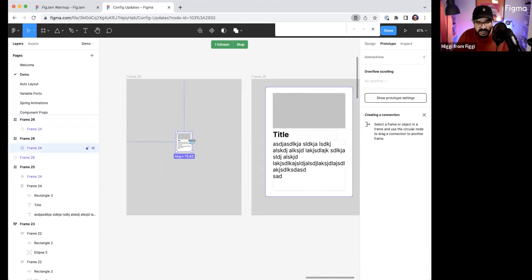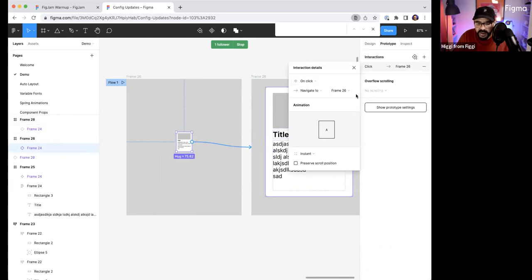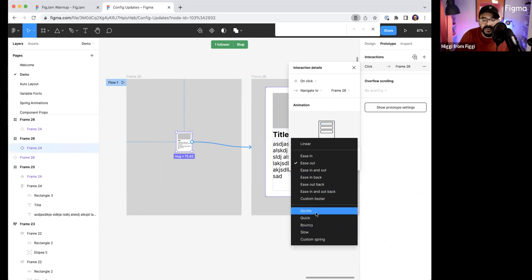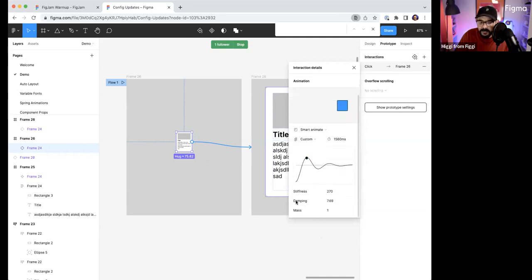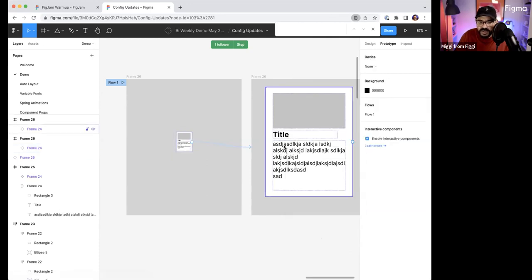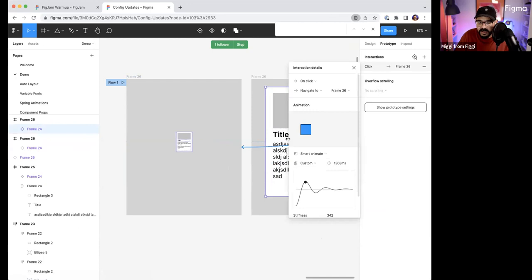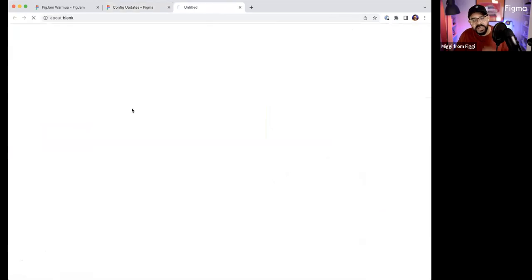Exit that mode. So on click, navigate to, let's, Smart Animate. And here we go. We got a bunch of presets: gentle, quick, bouncy, slow, custom spring. Custom spring allows you to change the stiffness, the damping, and the mass. So these are all values that you can begin to change. You can also mess with this linearly on the canvas, and you get a preview of what that looks like. So let's even have this go back with the same one. I'm going to hit play on that flow,